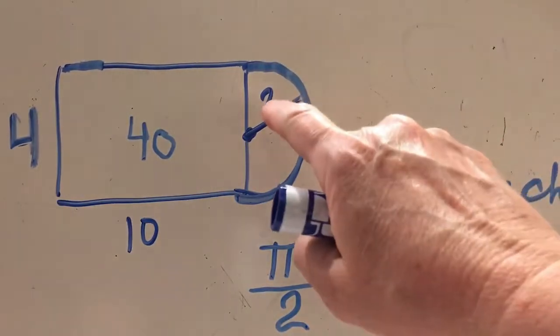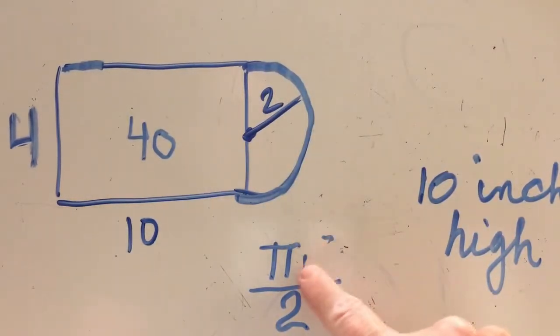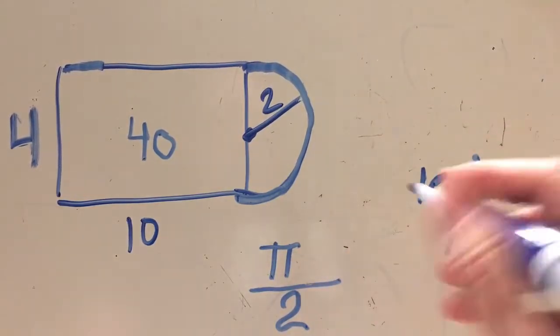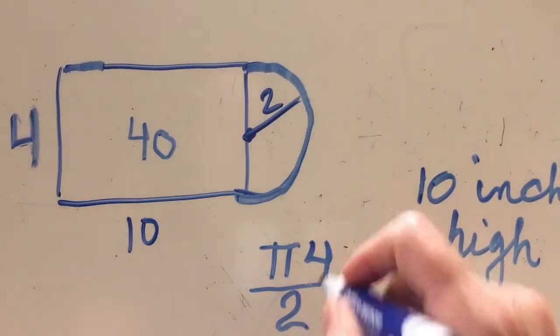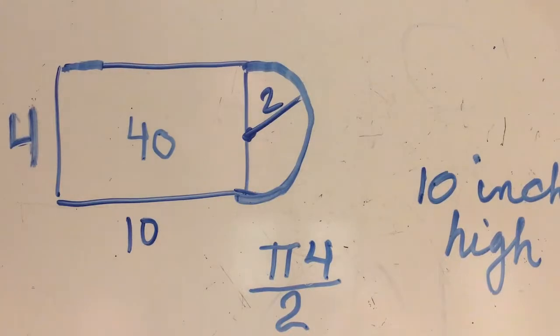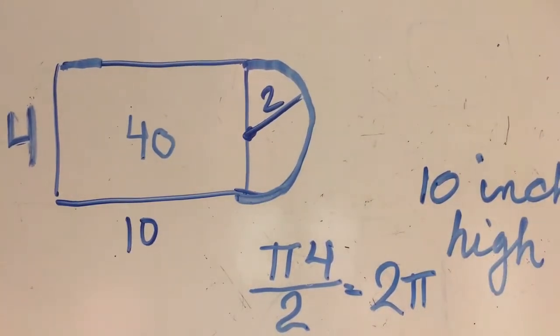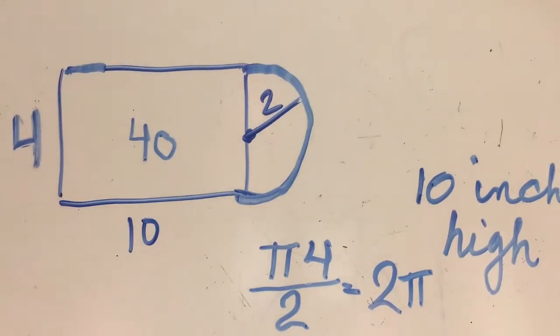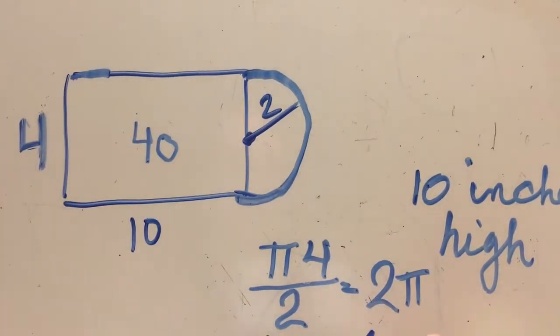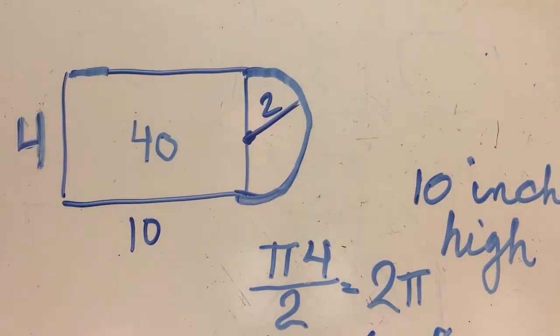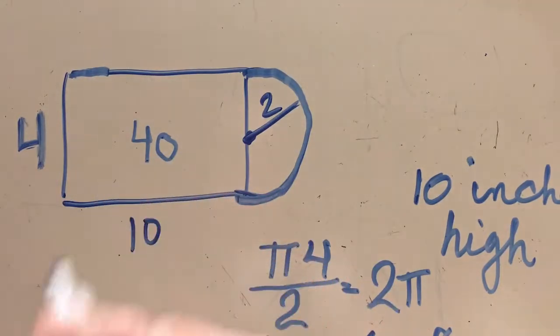So now we're going to just plug in the 2 here, and we're going to take out our r squared and put in 2 squared, which would be 4. And the 4 and the 2 cancel, so we're going to end up with 2 pi. And when we multiply 2 times 3.14, we get 6.28. So we're going to add the 6.28, which has already been cut in half, to the 40, and we're going to say the area of the whole base is